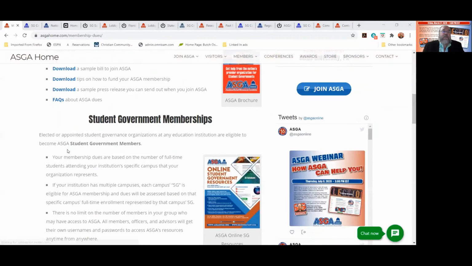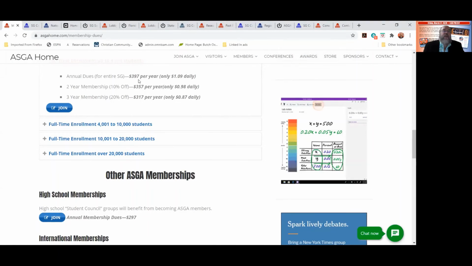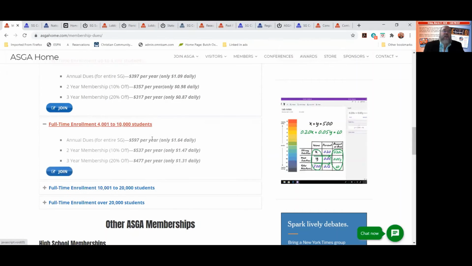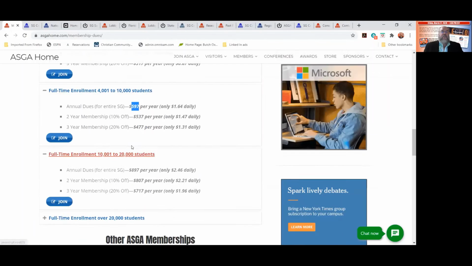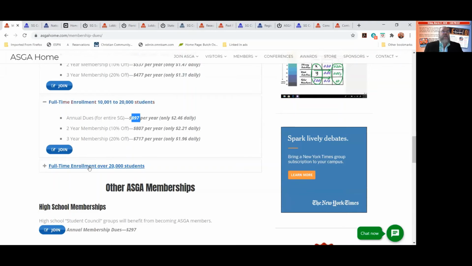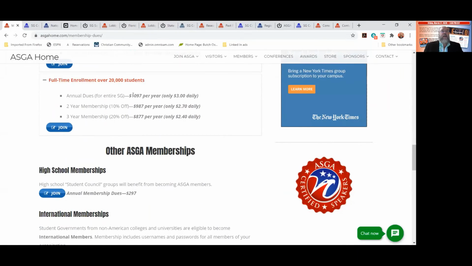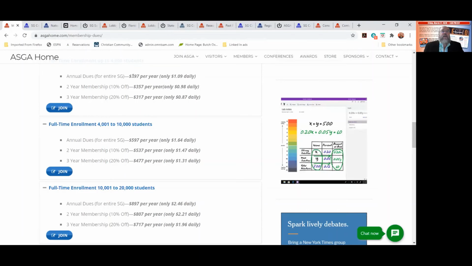And I'm just being very blunt. For what we offer, most schools are in the $397 range around the country, but here's one for 4,000 to 10,000 students, start at $597 a year. If you're larger than that, if you're 10,000 to 20,000, it's $897. And then the really big schools, all they pay is $1,097. That's hardly a few dollars daily. Most of us are in the category here around the country, barely $1 a day